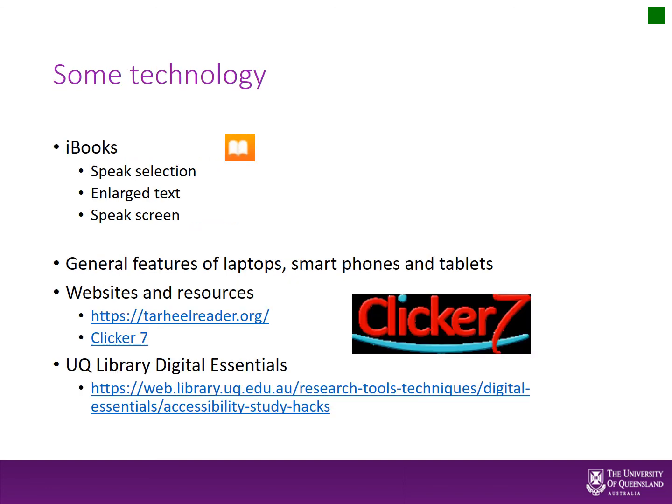Technology also offers some wonderful supports to learners for a range of different literacy development needs, not just dyslexia, but a whole lot of other areas. So iBook, you can get it to speak selections, you can enlarge text, and it will speak the whole screen. So that's just an automatically provided feature. Have a look also at the accessibility features of your laptop. Have a look at your smartphone and tablets. It's amazing what's there. The library also has a wonderful guide